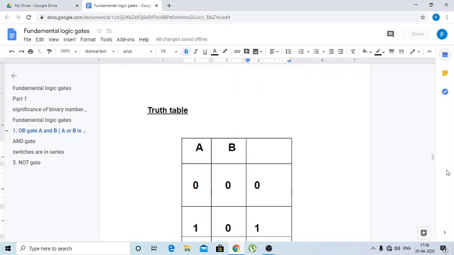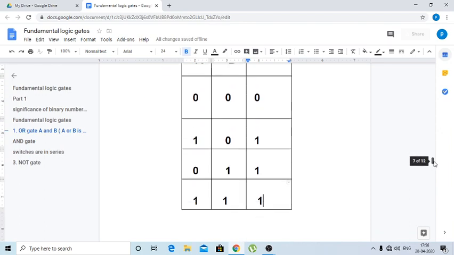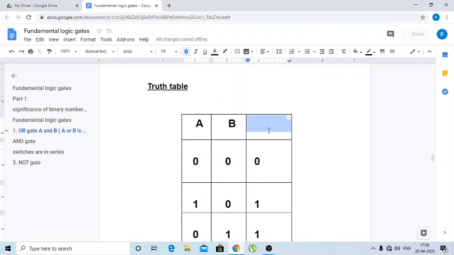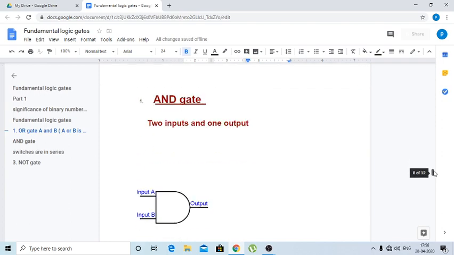So students, coming to this truth table here, we have this table which is equivalent to addition of two binary numbers. It means A plus B is the output of OR gate. This is the truth table for OR gate. And coming to the second gate, we have the AND gate